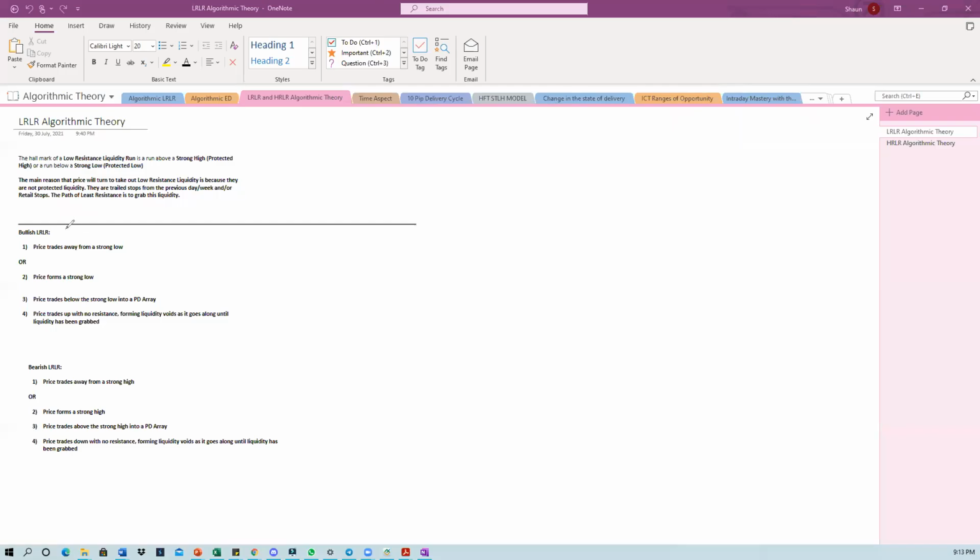So what you want to see for a bullish low resistance liquidity run is price take out a previous day's low, or another short-term low, or a low that looks to be very, very protected. Now, how does a low like that look? I'm going to first show it to you conceptually. So here,